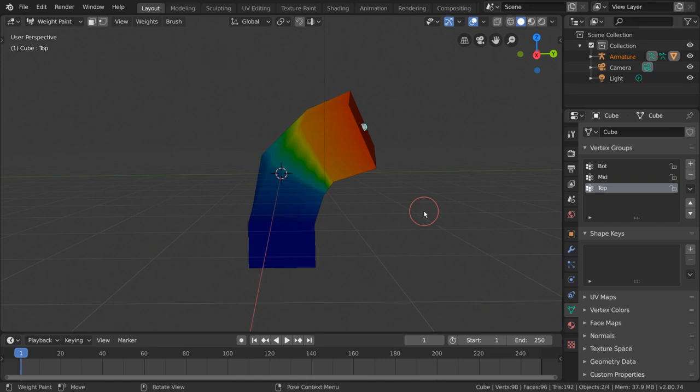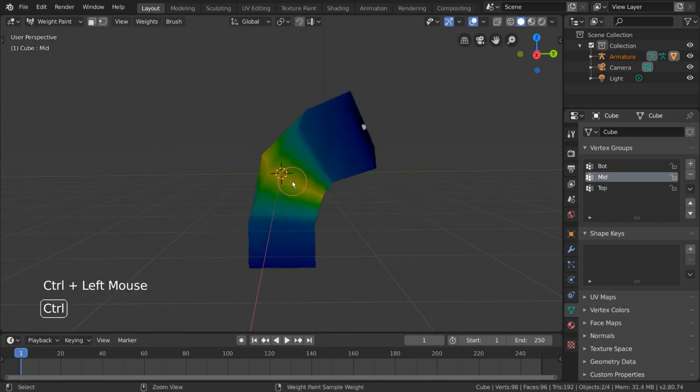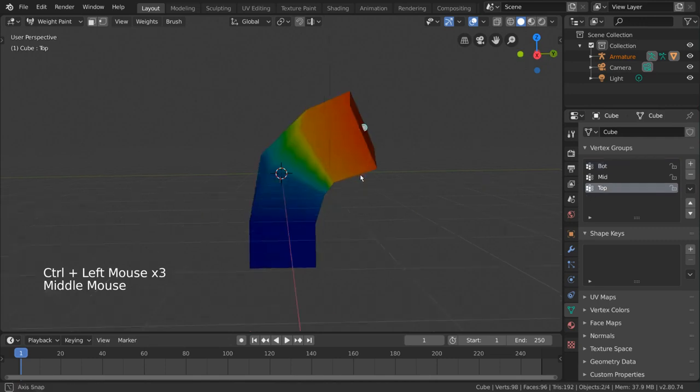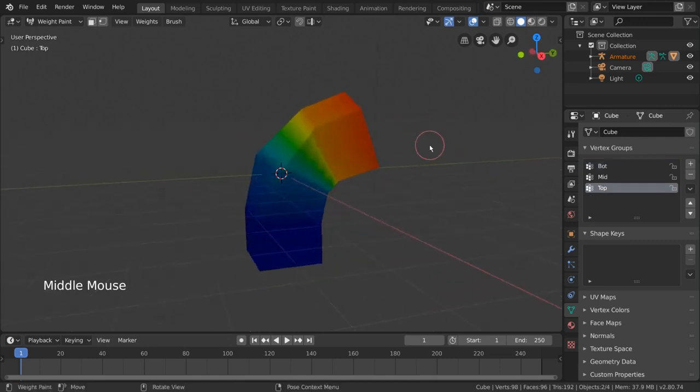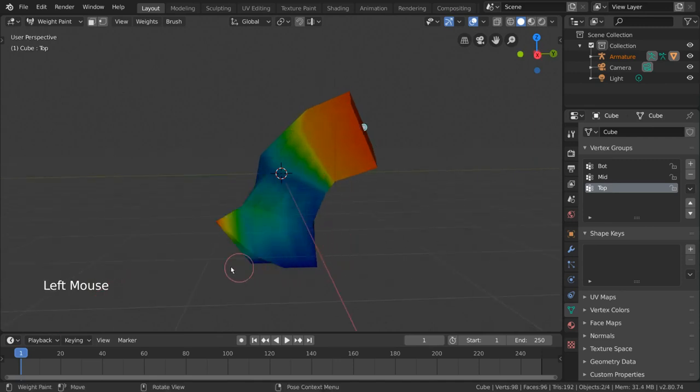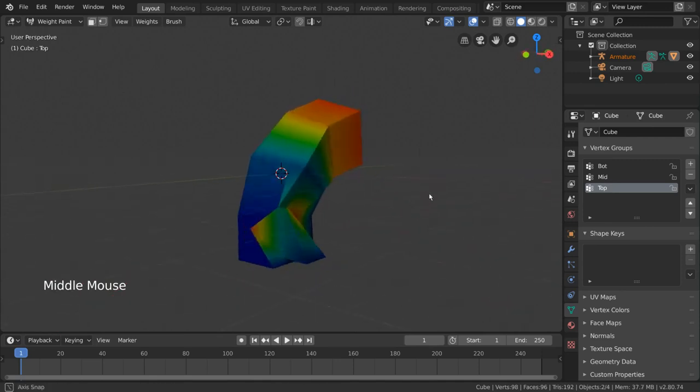Anyway, as you may have already guessed, weight paint mode is one way we can edit our vertex groups. You may have already noticed that your cursor has turned into a circle in the viewport. This is your weight paint brush. In weight paint mode, you can actually paint weights onto your vertices, adding said weights to the vertex group you